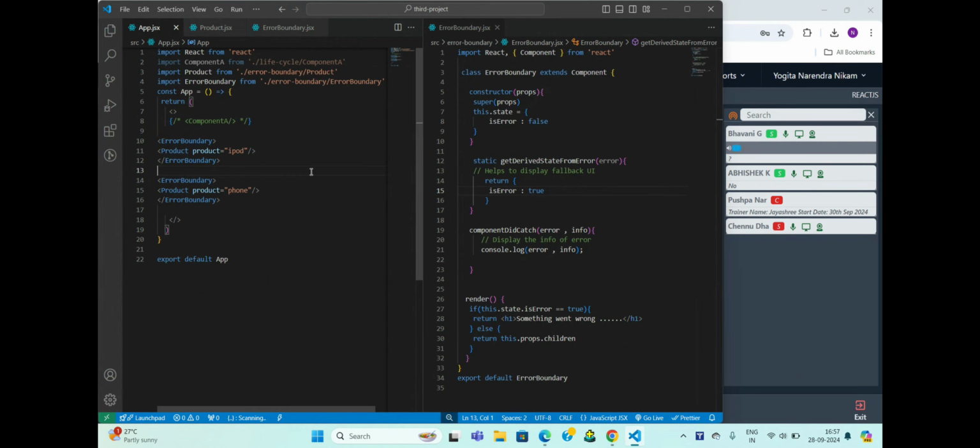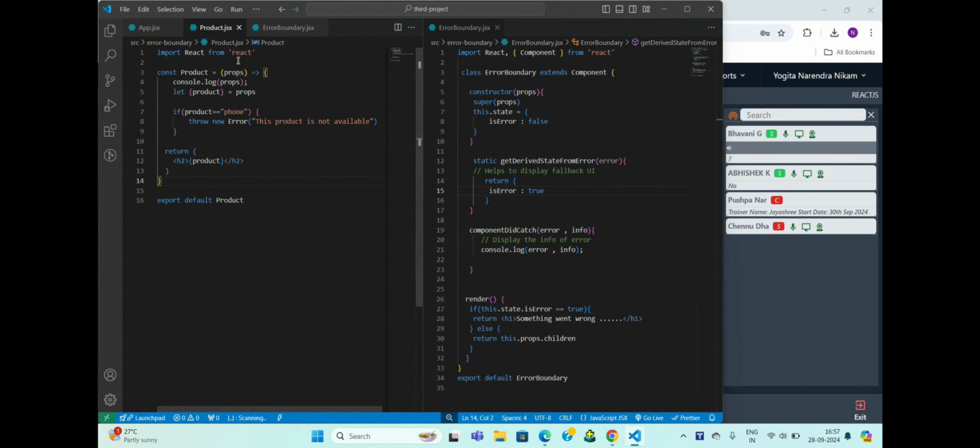Why is that question occurring for me now? We are repeating the error boundary, right? If we are developing a huge application in production, we have to duplicate this error boundary component multiple times. Instead of that, why can't we optimize it in product.js itself? That's what I'm thinking. Whether we can do it in product.js or we have to do it this way only, with multiple lines.